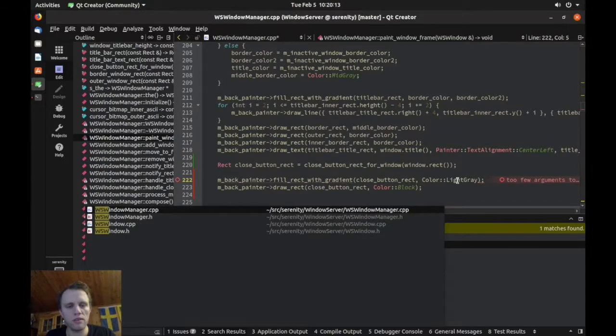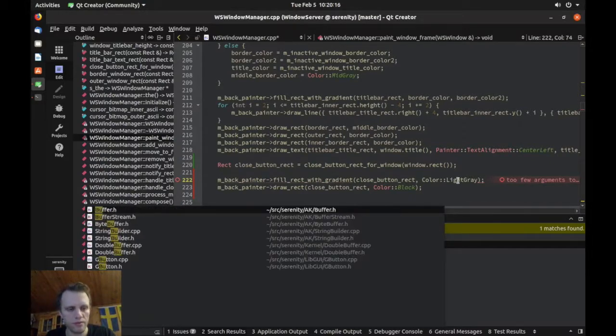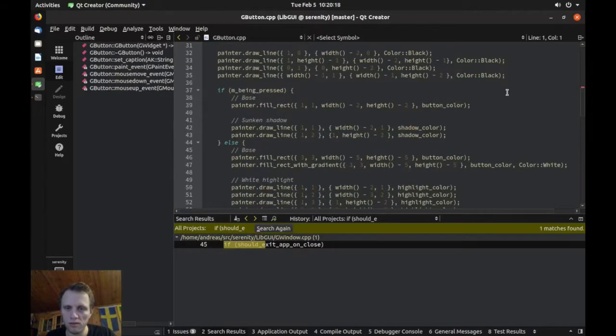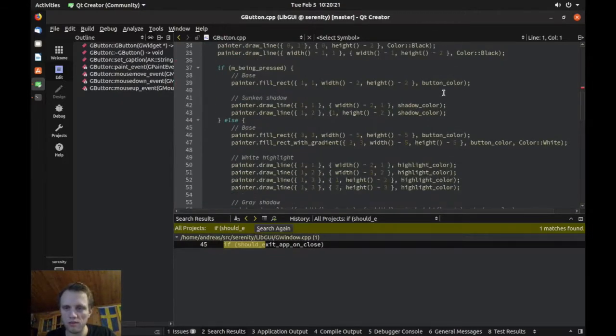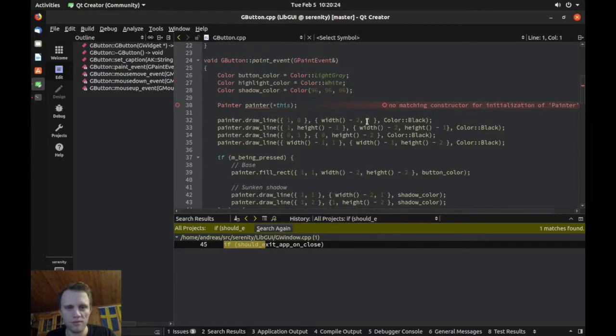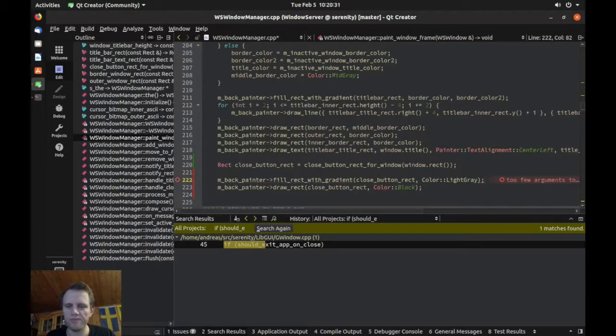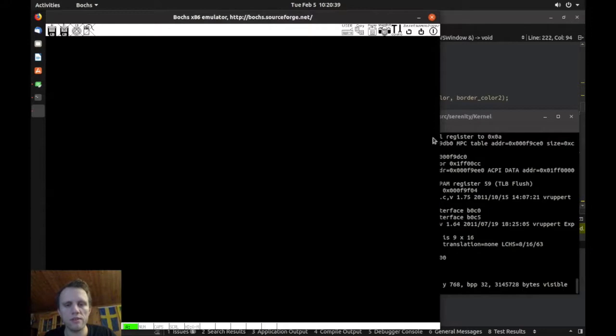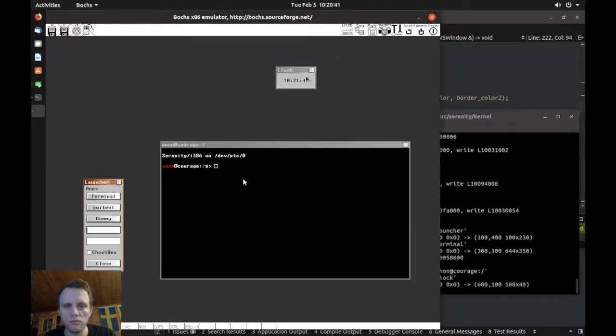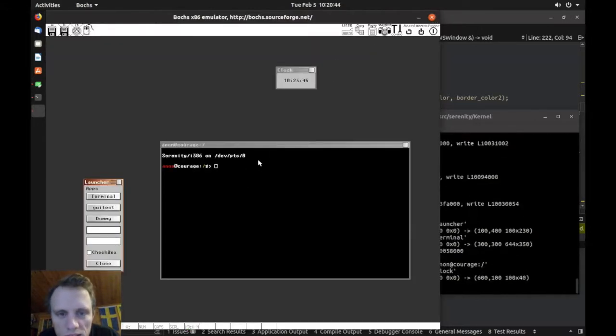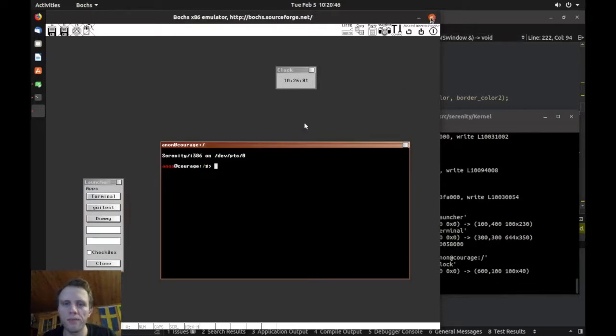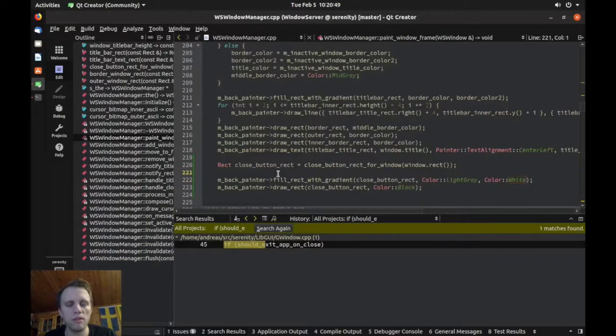How about we can use the button colors from dbutton. What's he using? Shadow color, highlight color. I guess light gray to white. Okay. So that's the start. Not the fanciest, but it's something. Okay. And then we could